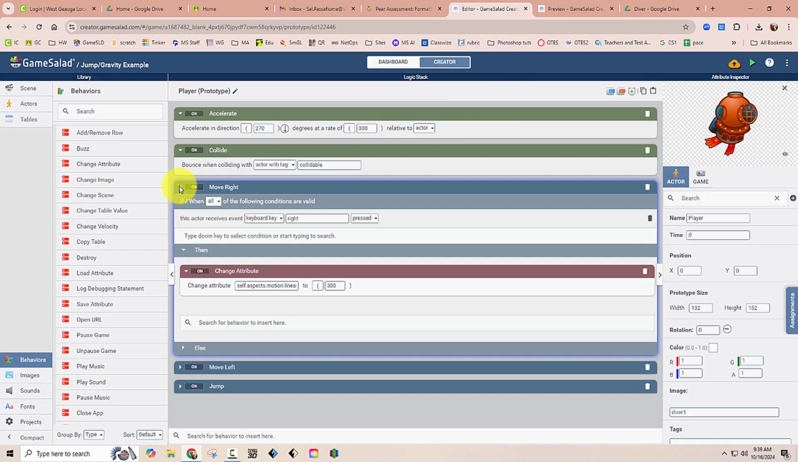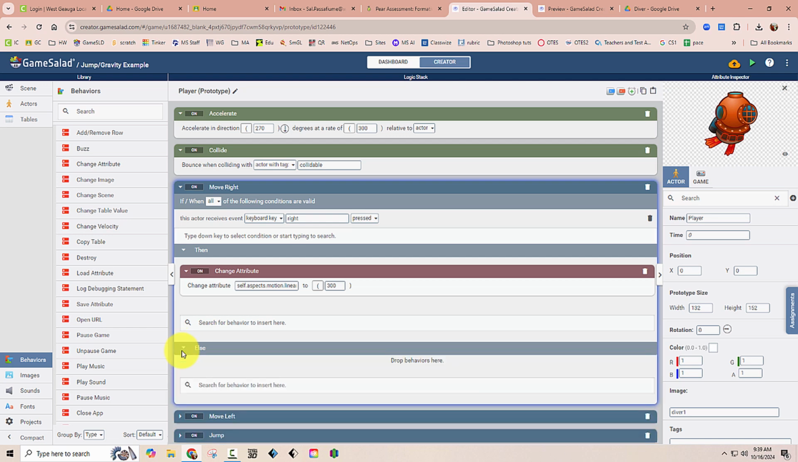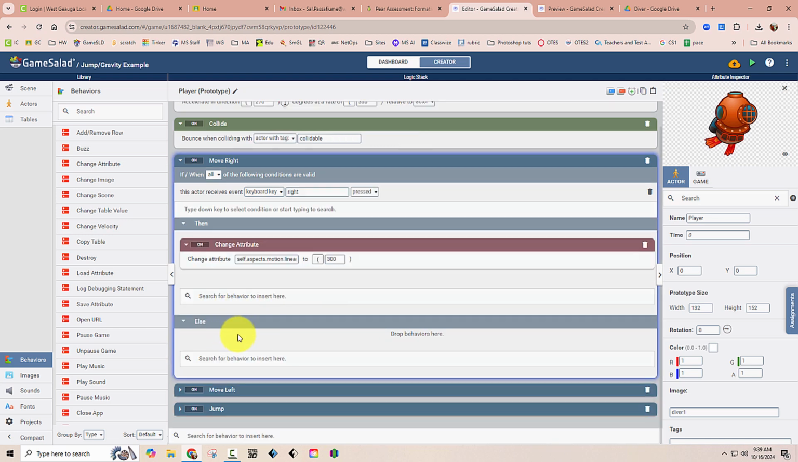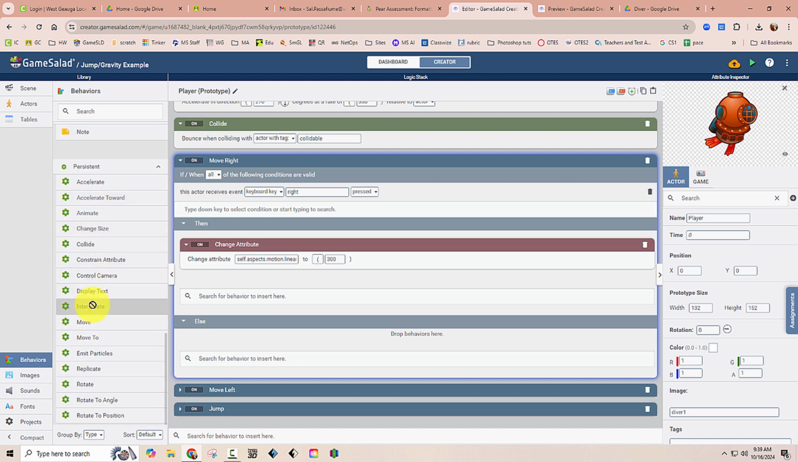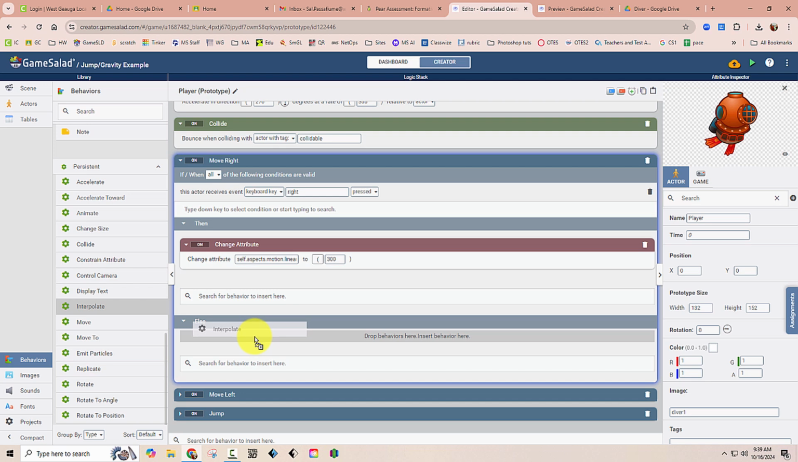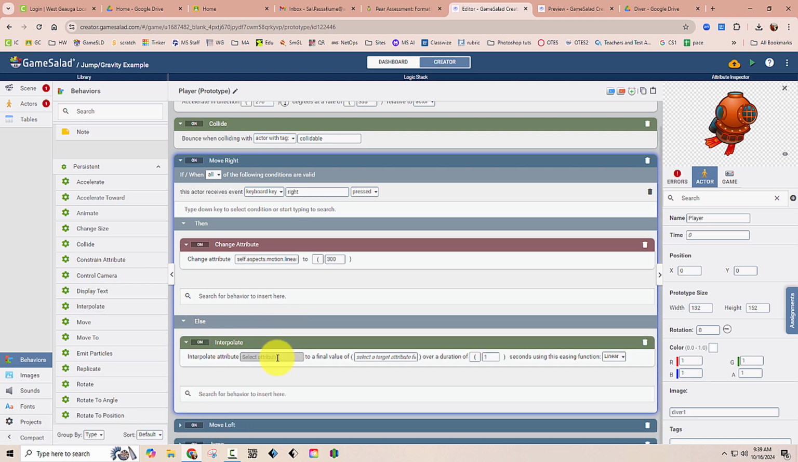So let's go back to our move right rule, and we're going to expand the else area right here. So basically what we want is we want the actor to slow down and stop moving instead of sliding off the screen. So that is called interpolate. So that is in the green group. We're putting it in the else column. Be very careful to pay attention to what you're doing. So what we want is the self motion